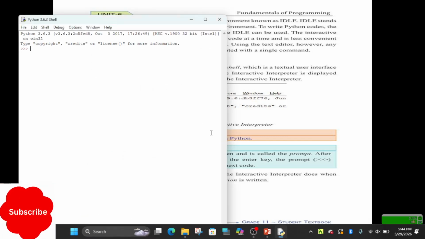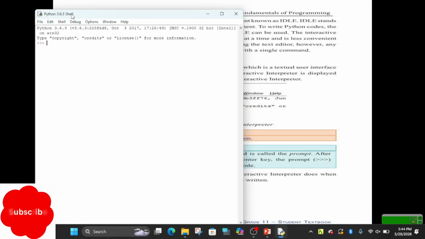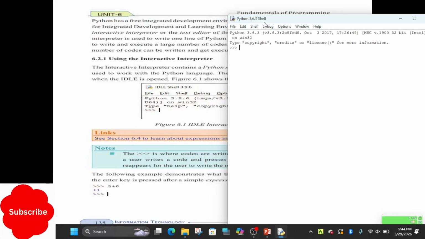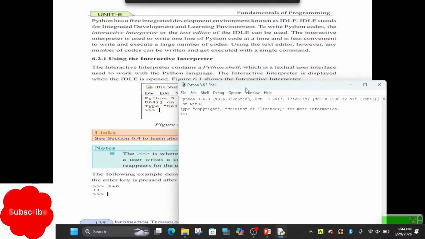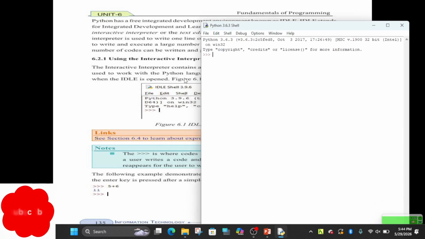Then open this. As you have seen here, it says Python 3.6.3 Shell. The interactive interpreter contains a Python shell, which is the textual user interface. When you open it the first time, it looks like this.